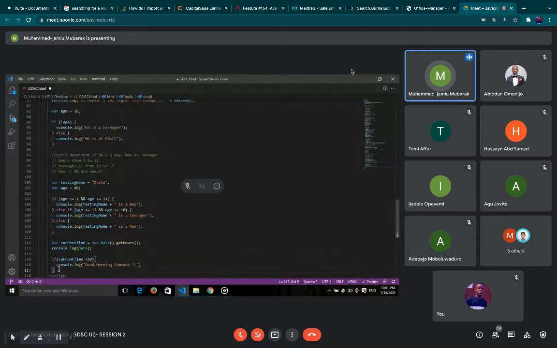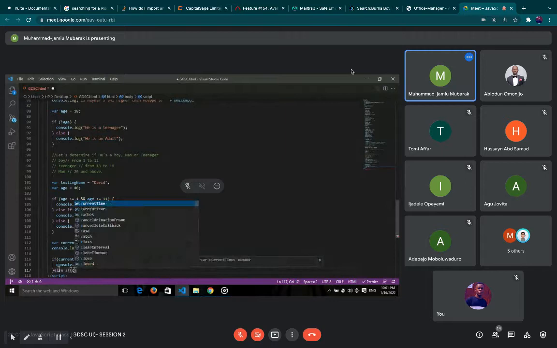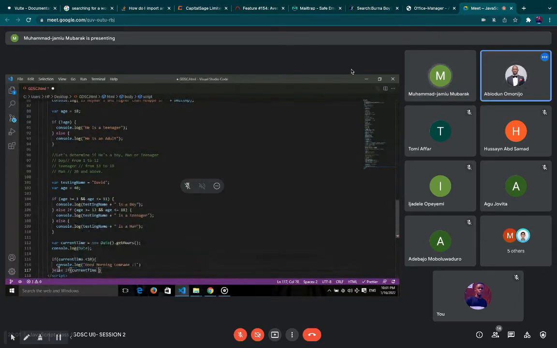So to write our else if, because we're actually working on 3 conditions. Else if, what's its own condition? If current time is less than